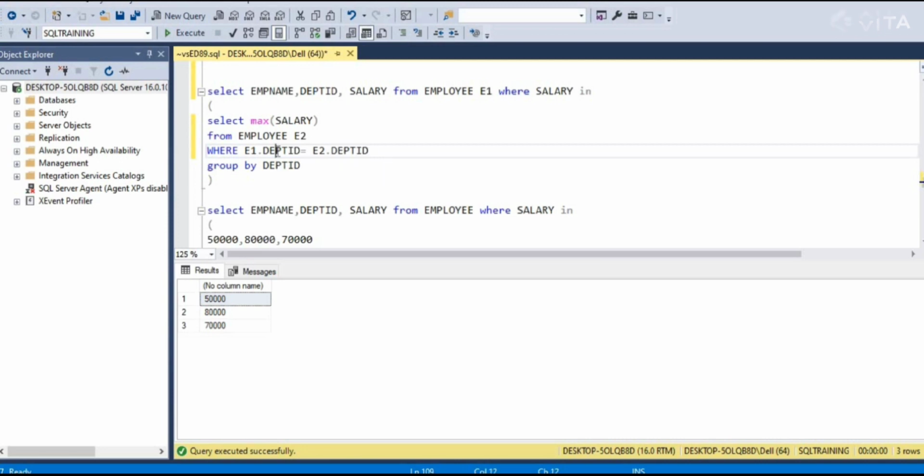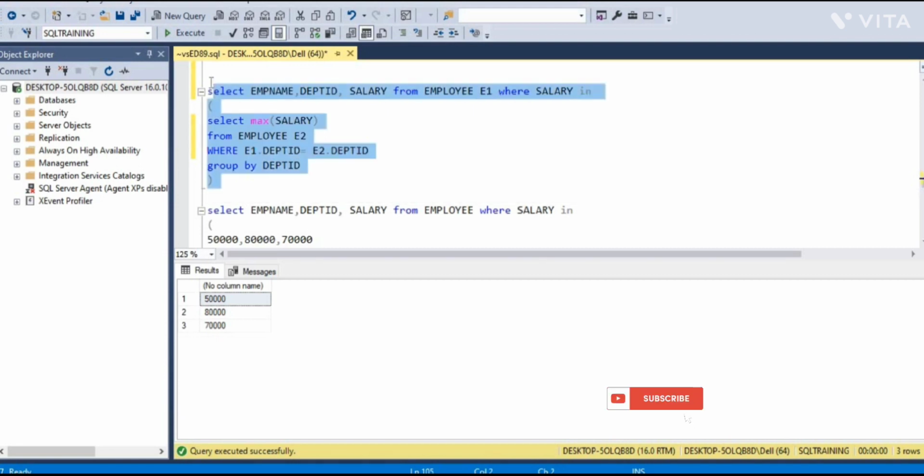If I put this here, the E1 in E1.department_id is nothing but the table in the outer query. So this inner query depends on the column that is available in the outer query. Unlike in the previous query, where the output of the inner query alone is passed to the outer query, here the output of the inner query is dependent on the outer query also. Since I have given E1.department_id equal to E2.department_id, this will give us the output